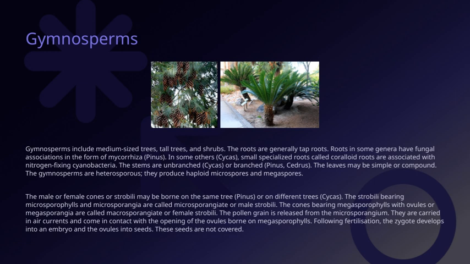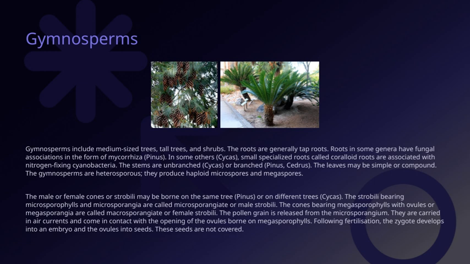The process begins when pollen grains are released from the microsporangium. These tiny grains are carried by air currents, and when they come into contact with the opening of the ovules on megasporophylls, fertilization can occur. After fertilization, the zygote develops into an embryo, and the ovules mature into seeds. An important point to note is that these seeds are not covered, which is a key difference from other seed